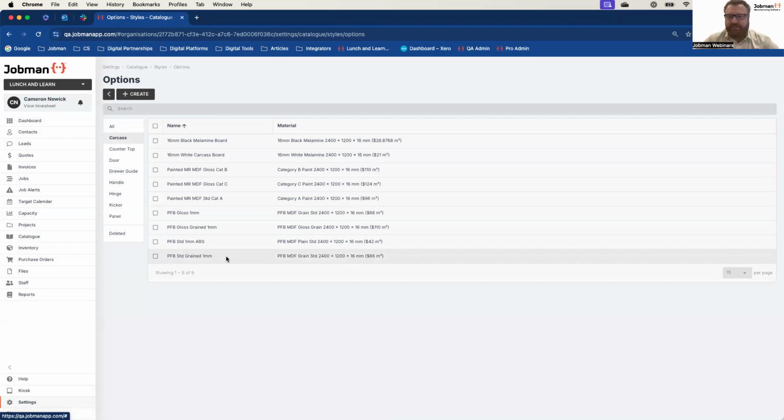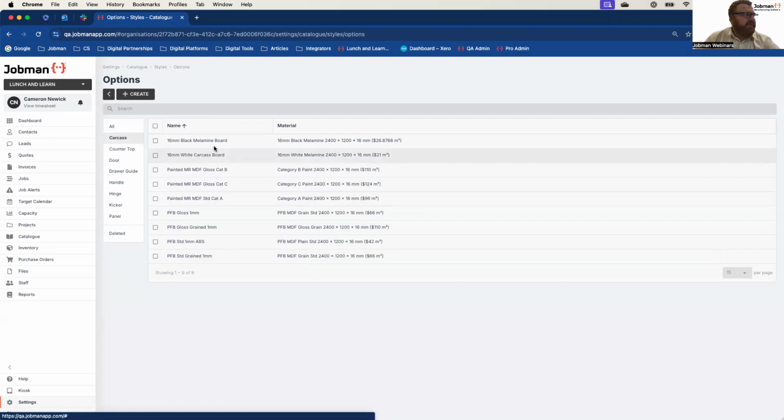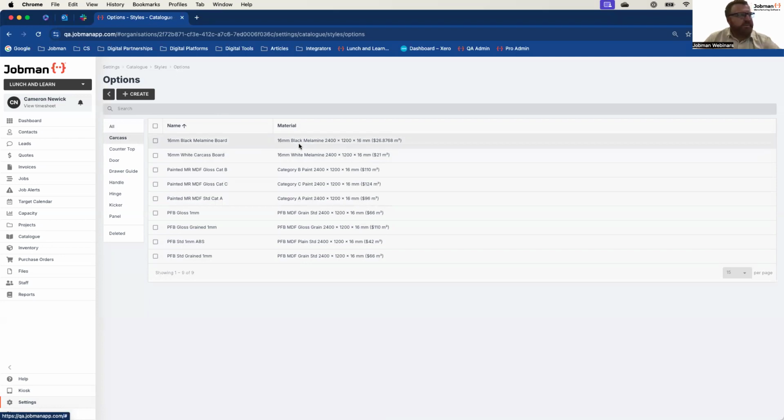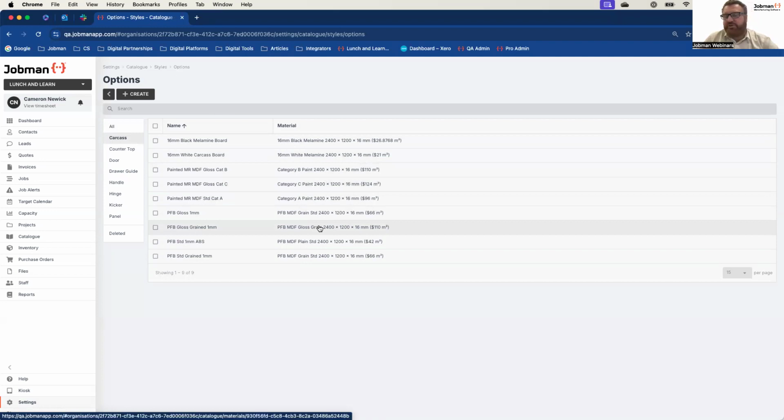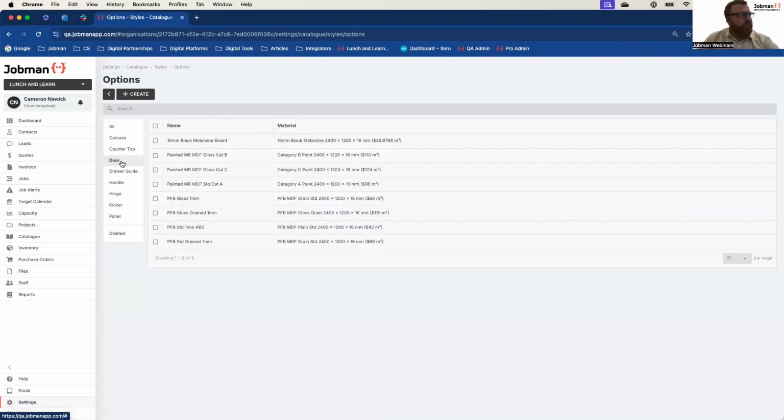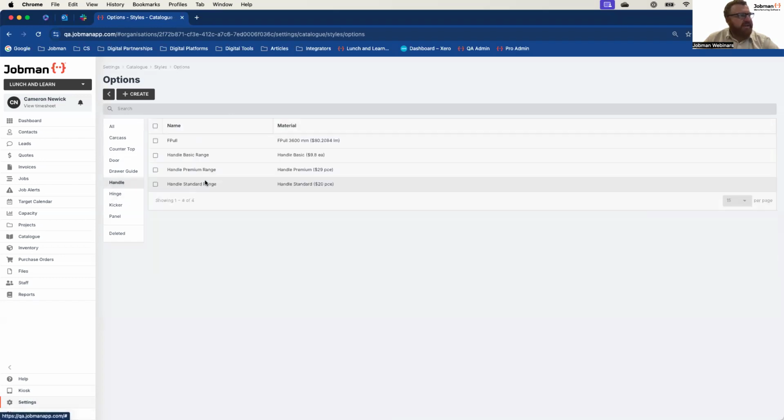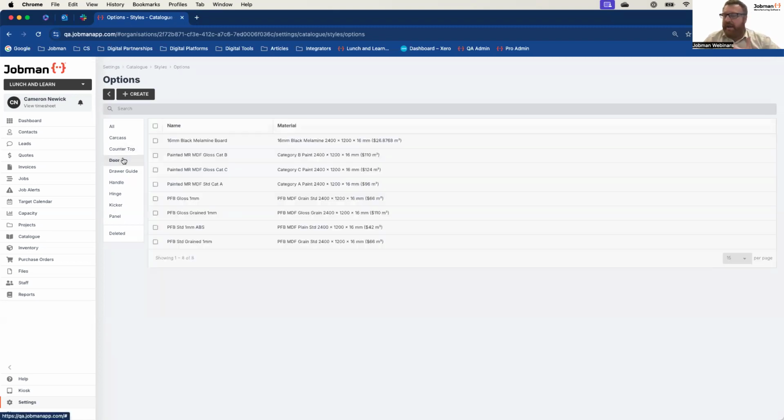And you can see here, these are my quote pricing options. So when I have a carcass, it could be whiteboard, it could be blackboard, it could be high gloss painted, it could be gloss, it could be grain. When I look at my doors, same concept. There's a lot of different options for my doors. When I look at my handles, it's the four main handle options. This list can be as big as you want it, by the way. So you can go in here and you can put in 10 different variants for your range prices in here. Not a problem. Just keep in mind, the longer the list, the bigger it's going to be available in the drop-down. But that's your final link. And that's how easy it is.